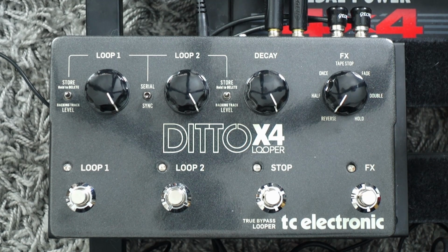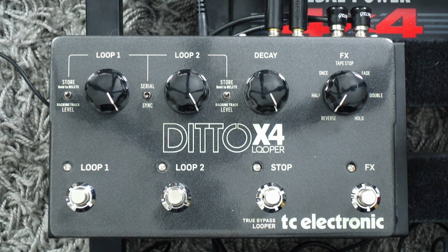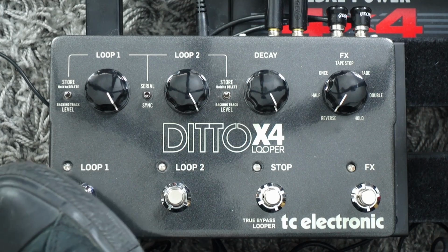Then there's a record function. So you can really record a backing track that's always going to be stored in the pedal. And by the way, when you make a loop on loop 1 or loop 2, if you turn off the pedal and turn it on again, you will get the same loop again on the pedal. So if I do something like...